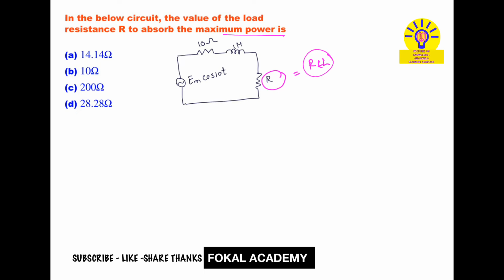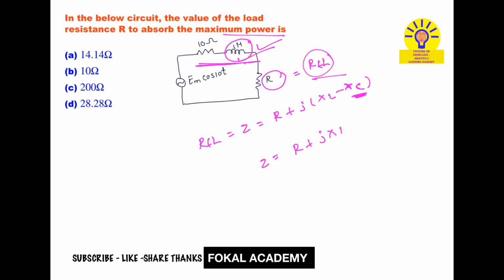At the Thevenin resistance, one reactive element is there. So first of all, we need to find the Thevenin resistance, or rather the impedance. Here a reactive element is there, that's why impedance. That impedance is equal to capital R plus j into XL minus XC. This is the impedance formula. But here the capacitive reactance is 0. Only the XL inductor is given. So then Z is equal to R plus j into XL. Here there is no capacitive element, so capacitive reactance is 0.